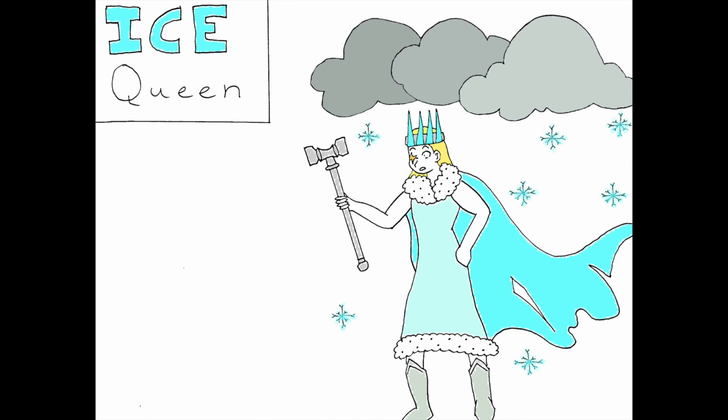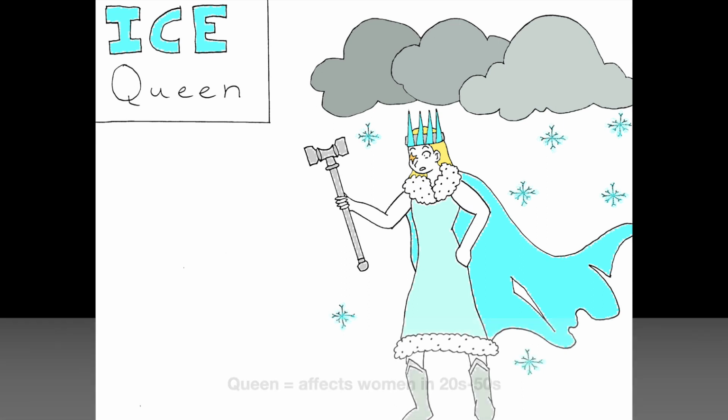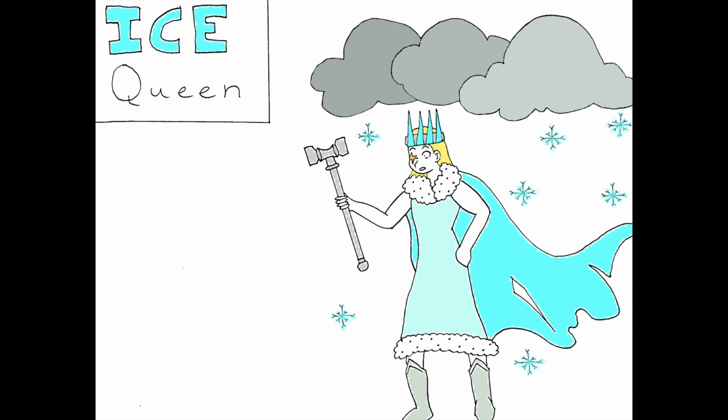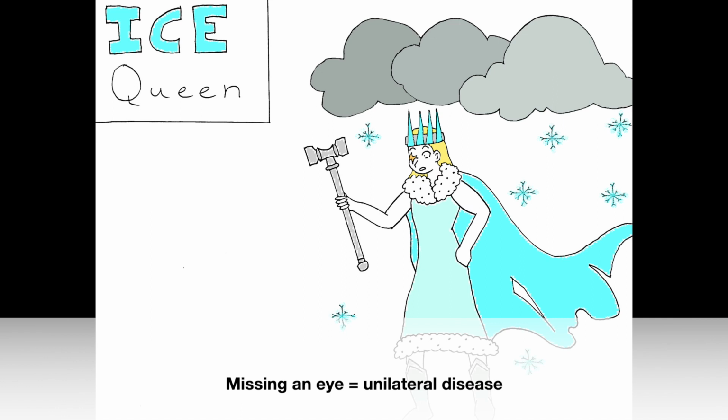This disease typically affects women in their 20s to 50s. So I've illustrated this by making our ICE queen a young woman. This disease is unilateral as opposed to Axenfeld-Rieger, which has a lot of similar symptoms, and that is bilateral. I've illustrated this by she has a scar over her right eye and it's missing, so